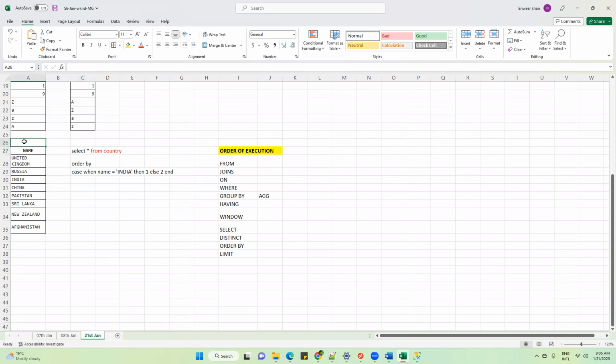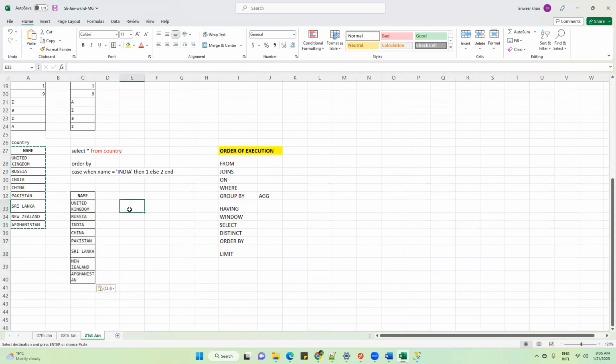So the SQL engine will go to the database, search for the country table, take a copy of it, and keep it in the temporary memory. Is this clear? All these things will be taken care of by the SQL engine internally. You don't have to bother about that. So the from part is over.